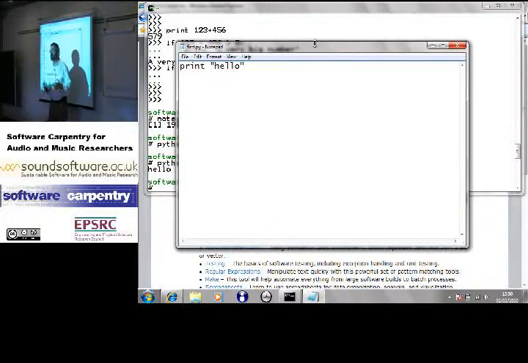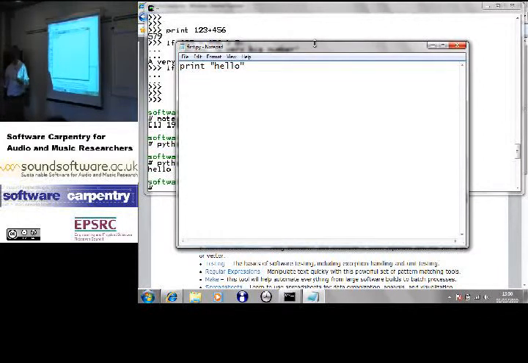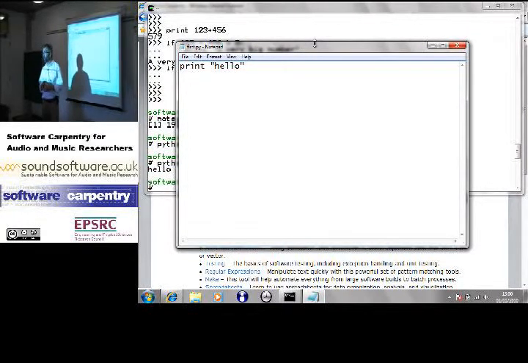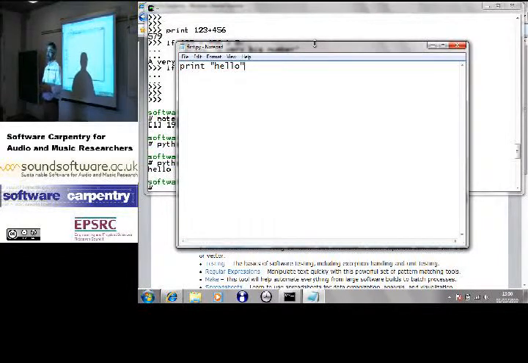Okay. So for the first hour and a half, I was typing Python into an interactive prompt. That's fine if you want to do the things that you would do with a desk calculator. If you've got a couple of thousand lines in your program, this is not optimal. So,